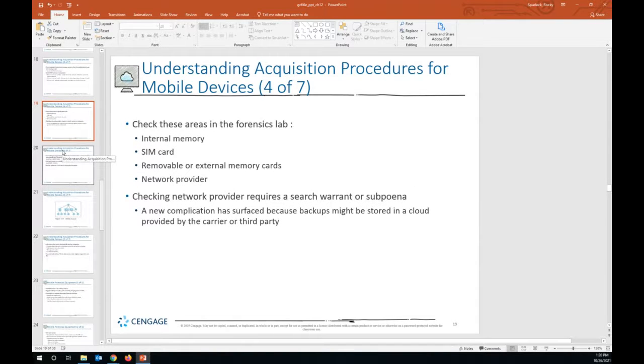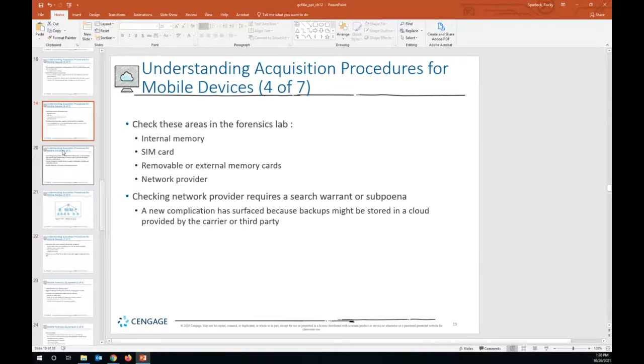So once you get the device back to your forensic lab, the areas that you want to check include the internal memory, the SIM card, any removable or external memory cards, and also the network provider. Checking the provider's servers is going to require a search warrant or subpoena.